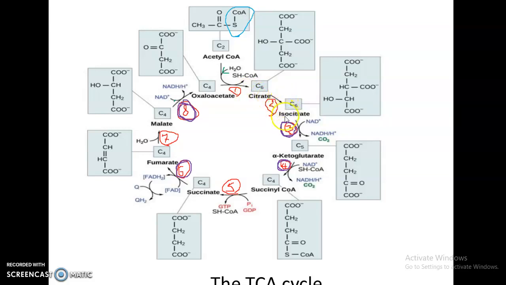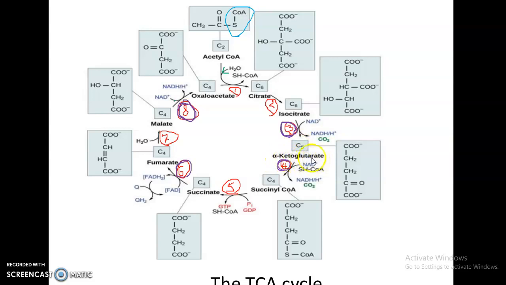Then citrate will be converted into isocitrate. Isocitrate will be converted into alpha-ketoglutarate. In this step, the NAD molecule, which is oxidized, the plus indicates this molecule is oxidized, will be reduced into an NADH molecule. Again, here is removal of carbon through 1 carbon dioxide molecule. Therefore, from 6 carbon, there will be 5 carbon. The next compound will be a 5 carbon compound. That compound is